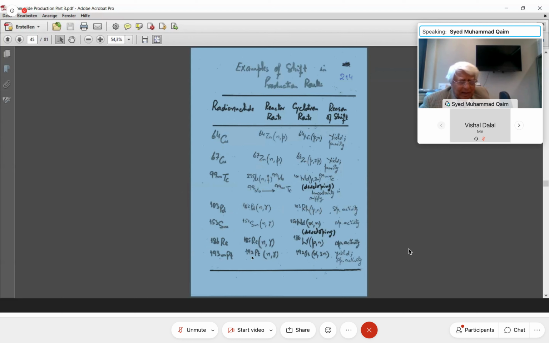Platinum-193 also, (p,n) and (n,gamma) was the one, and now one has gone over to alpha 3n, but here also, because of yield and specific activity, this method is chosen. Still, it sounds easy on paper, but it's not so easy. To have an alpha 3n reaction on osmium is not that easy. Osmium is a metal difficult to work with.